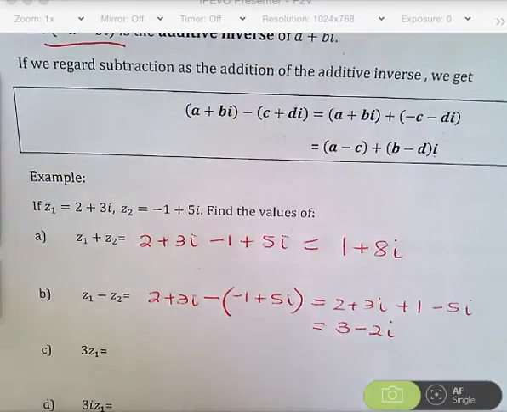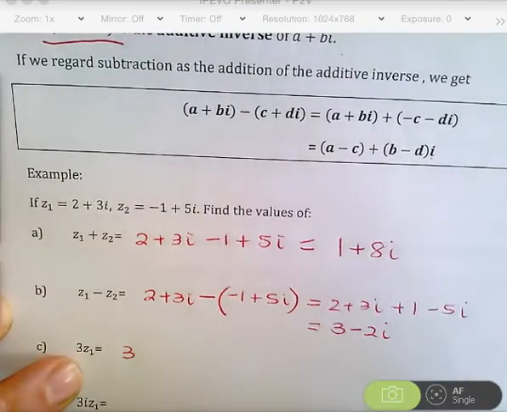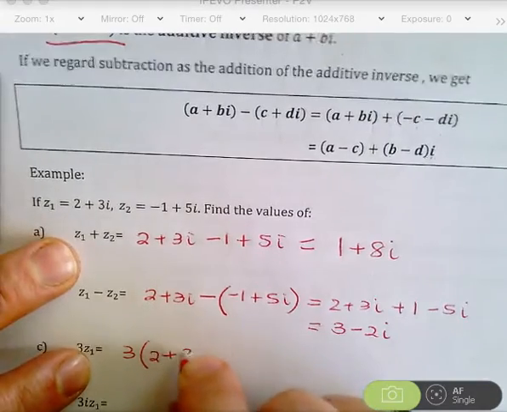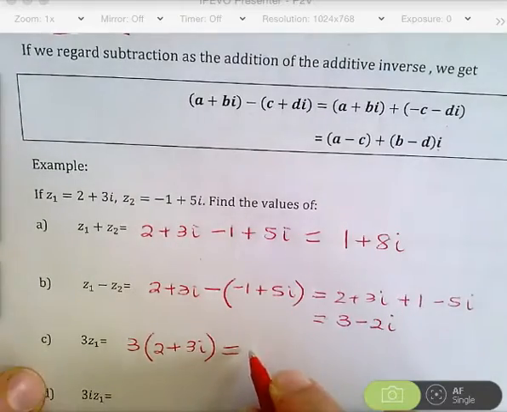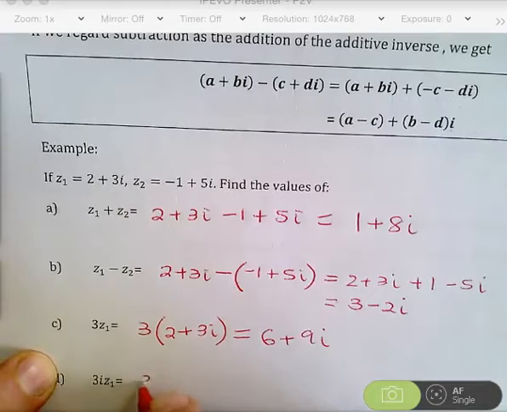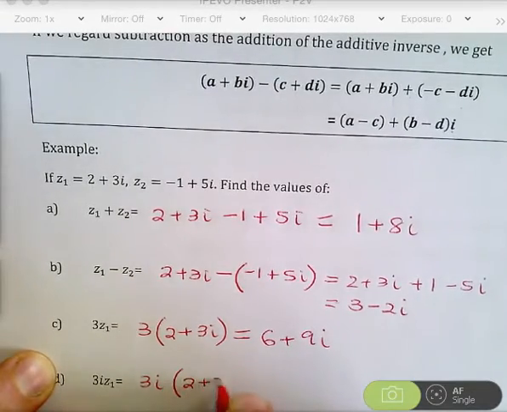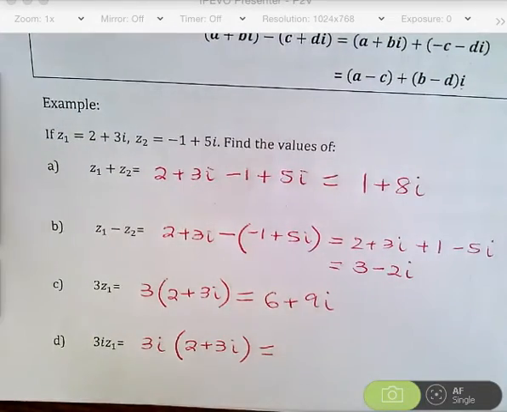Now, here, I'm doing a bit of multiplication, 3 bracket z1, so I just go 3 times whatever z1 is. Are we good with that? 3z1, what do you get? You just get 6 plus 9i. Now be careful here, 3i bracket z1. Are we okay with this? 3i, then put your bracket, z1. The reason we need a bracket, z1 is